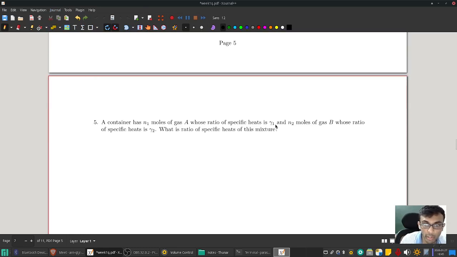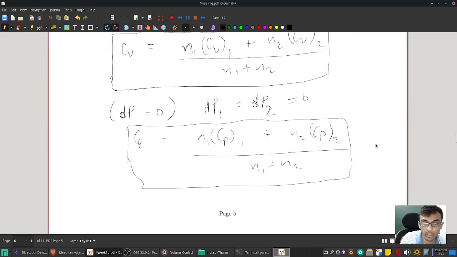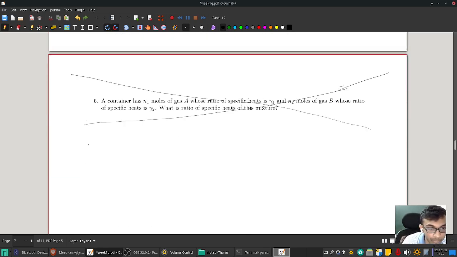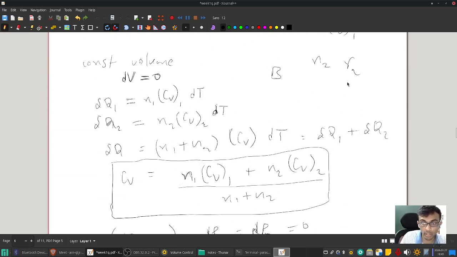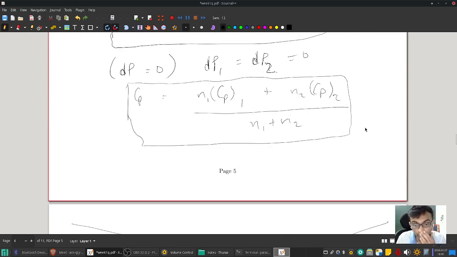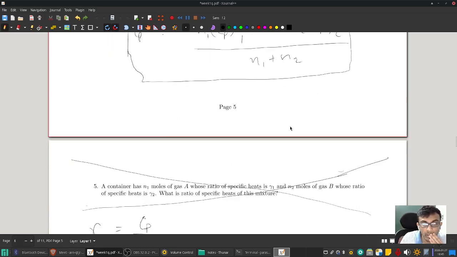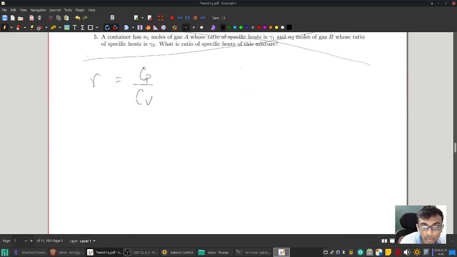Please contend with this for now, but I'll try to get rid of this or fix this. Yeah, so now gamma is Cp by Cv. So we can in fact try to express this in terms of gamma 1 and gamma 2. Let's just go back here. Gamma is Cp by Cv, okay, and